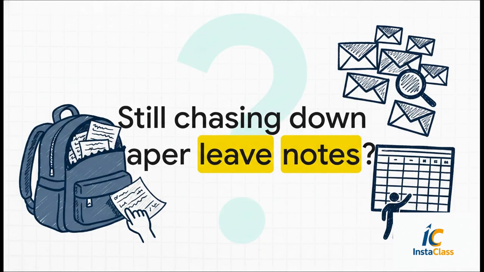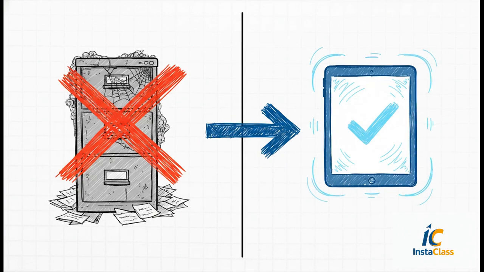Does this scene sound familiar to you? You're digging through a student's backpack for a crumpled up note, scrolling through dozens of emails trying to find a message from a parent, and then you still have to go and manually update a spreadsheet? It's a never-ending chase, and it's so easy for things to get lost. Well, the good news is that whole paper chase is officially over. There's a much smarter, integrated way to handle all of this, and we're about to see just how smooth it